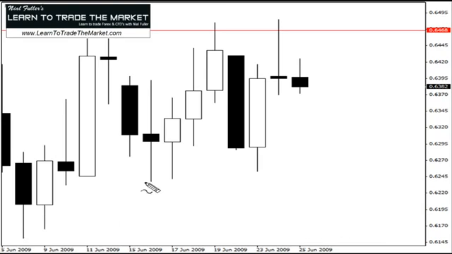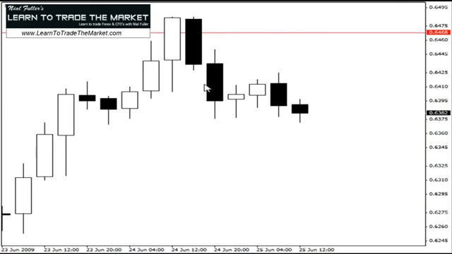The other thing that I wanted to point out was, do I have a logical area to target? Do I have a solid risk reward? And the fact is, yes, I do. I have at least 2 times my risk in this setup, so it's a 2-to-1 risk reward, so I've ticked that box. And the fourth was on zooming down to the 4-hour chart, I just wanted to make sure I